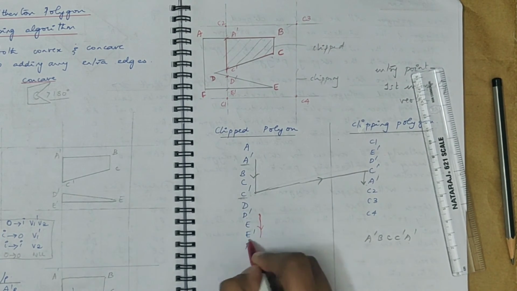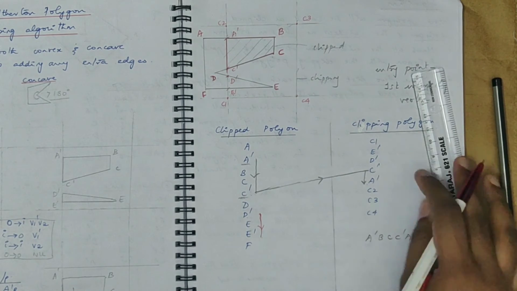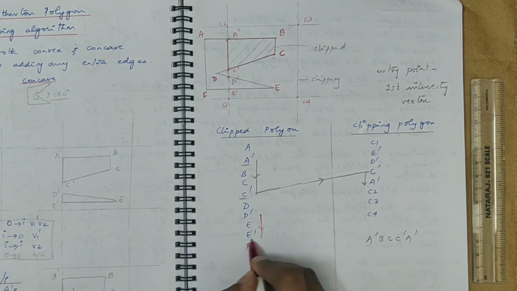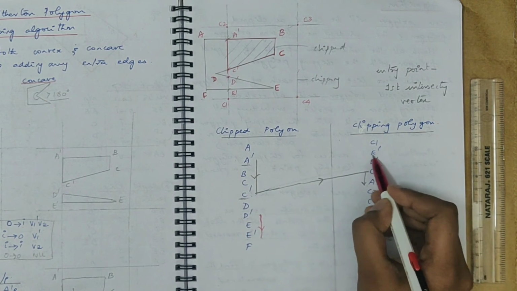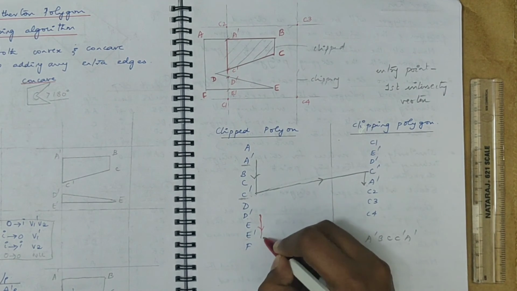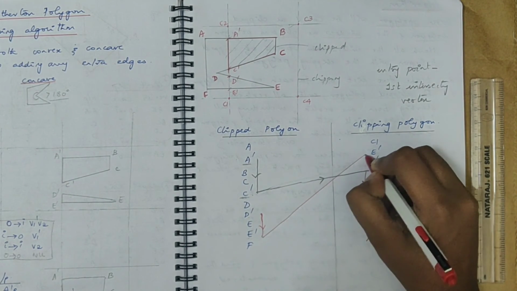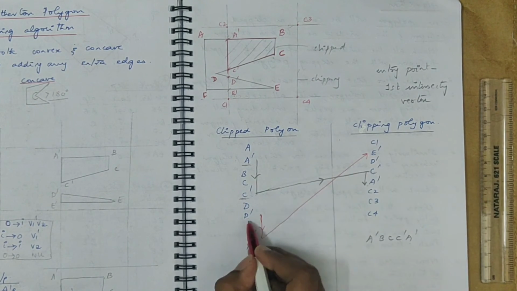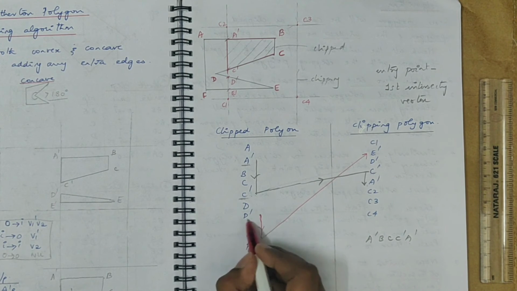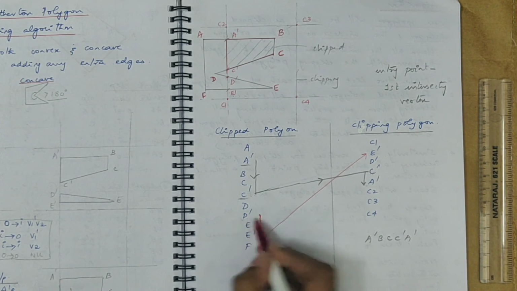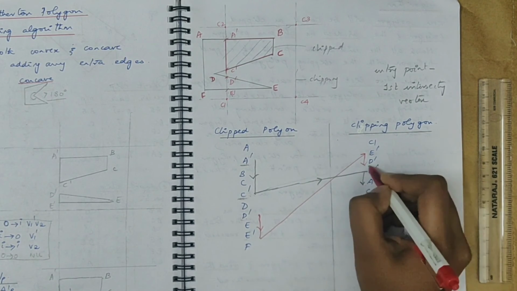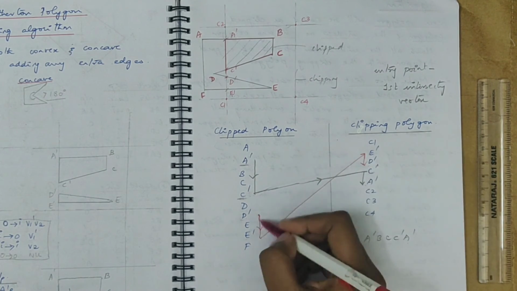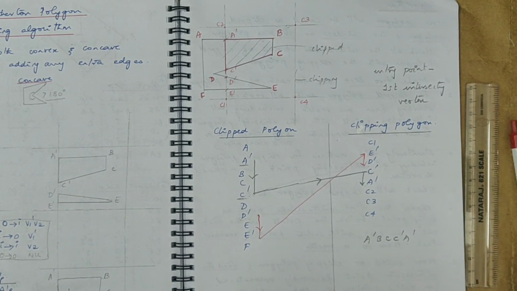So the moment you get the next intersecting vertex, you have to switch to the second list, the clipping polygon, and then search for the intersecting vertex E dash. So here you have the intersecting vertex E dash. So you directly switch to that intersecting vertex E dash in the second list, and then again you keep traversing this list until you reach the point from where you started. The point where you started was D dash. So you traverse down until you find the point D dash. That is one loop.